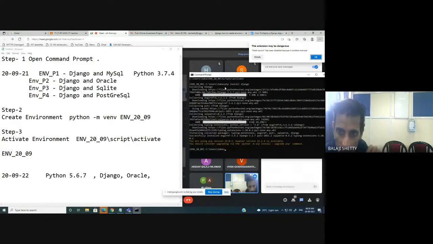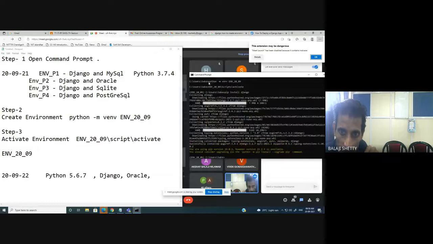Okay, so again I summarize. python -m venv env_20_09 makes the virtual environment. Second step, activate the environment. We have activated the environment. I executed these steps just before starting the lecture. So env_20_09/Scripts/activate. Here the environment name is activated.